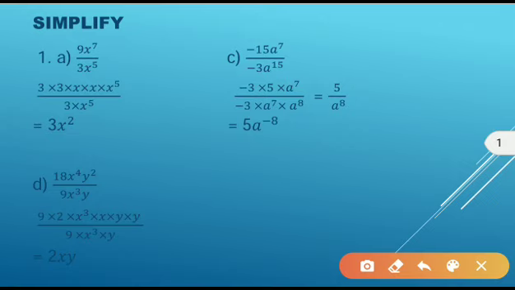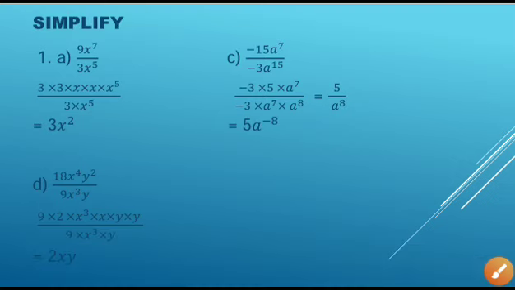So when you expand the numerator, you will get 9 as 3 into 3 and x to the power 7 as x to the power 5 into x into x. And when you expand the denominator, this will be as it is, 3 into x to the power 5. Now as you can see, 3 can be cancelled. X to the power 5, x to the power 5 can be cancelled. Now what remains? Remaining is 3, and x into x will give you x square. So this is your answer.